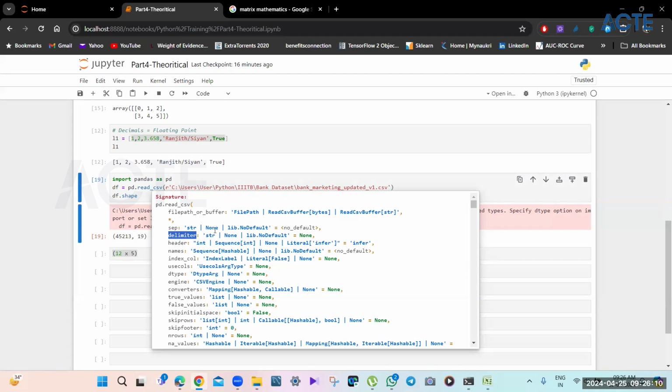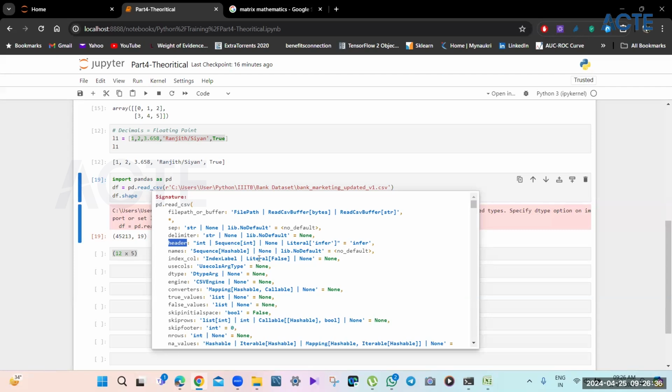Let's say in the actual file, instead of a comma, there is a tab, an asterisk, or a hash mark. If we specify the delimiter, it will be able to identify how many columns it has and what values go to which column. There is also whether the file has a header or not. By default, Python will think that this has a header.